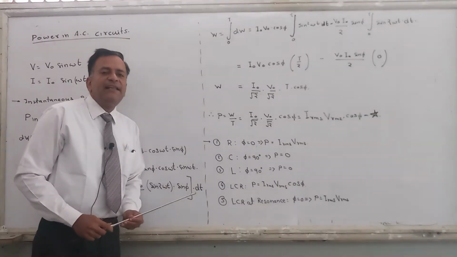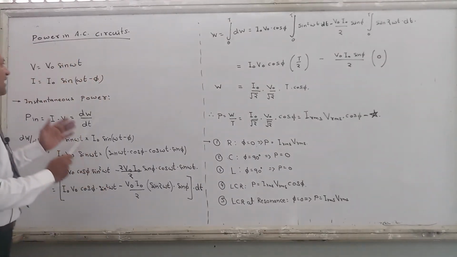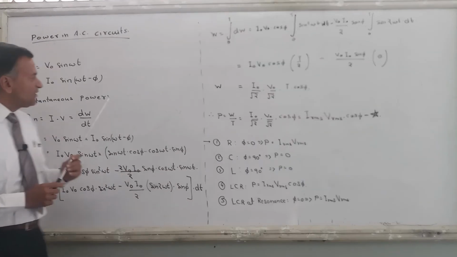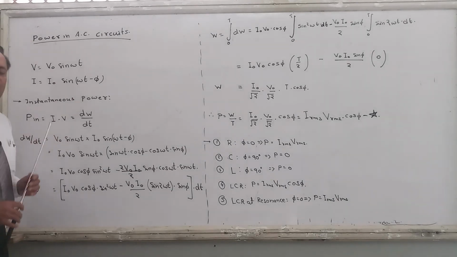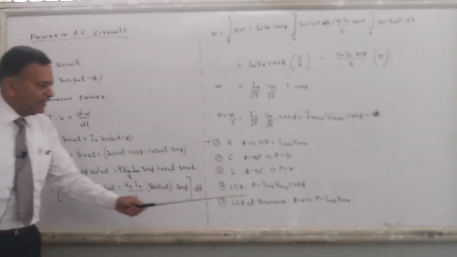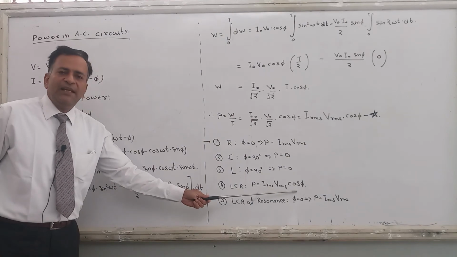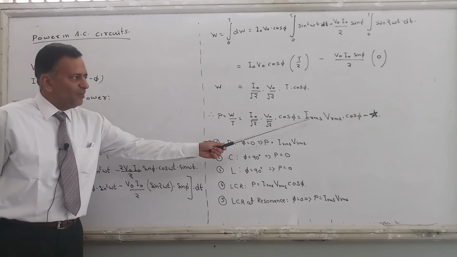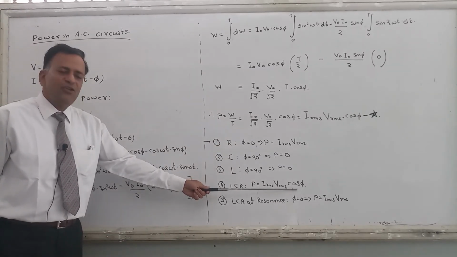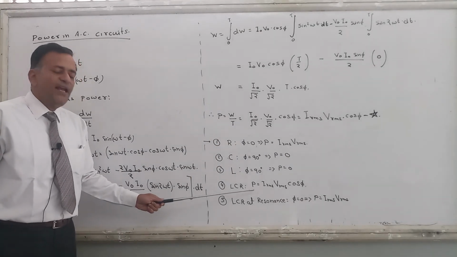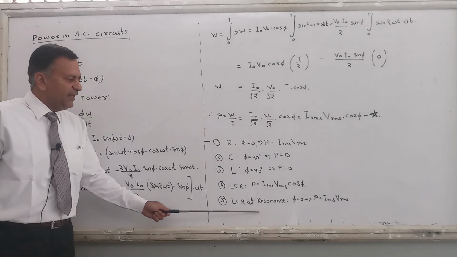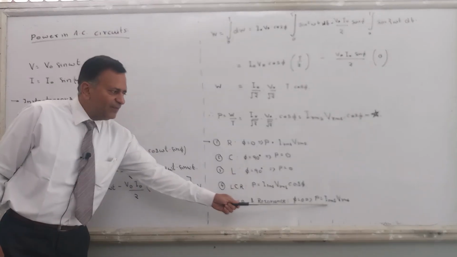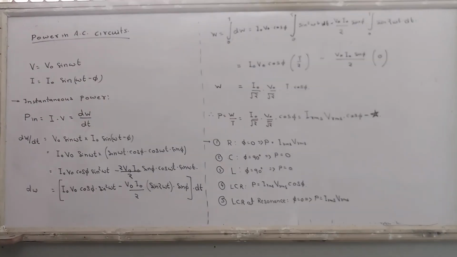Suppose in an LCR circuit the phase difference between current and voltage is phi, whether plus phi or minus phi. I told you, whether you take plus phi or minus phi, it does not matter. Why? Because in the final result, phi is appearing only in positive terms. Okay, so for an LCR circuit, the power is simply given by this formula. It is the same formula; whatever value of phi comes, you put it over here and you will get the power. Now when this LCR circuit is at resonance, again at resonance, the value of phi is equal to 0 and the power will be IRMS into VRMS.